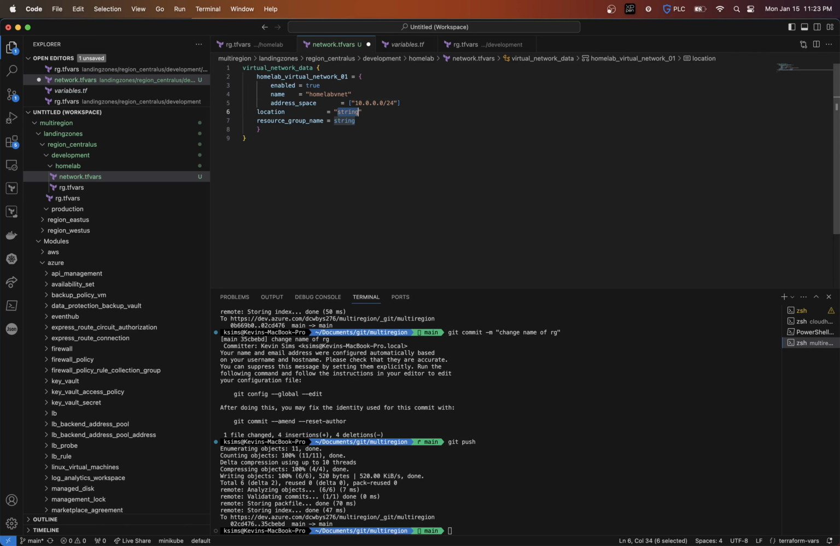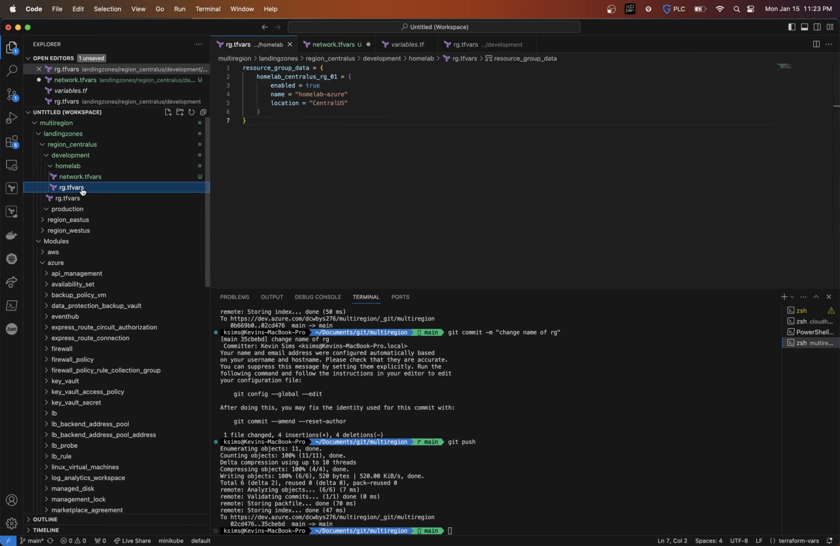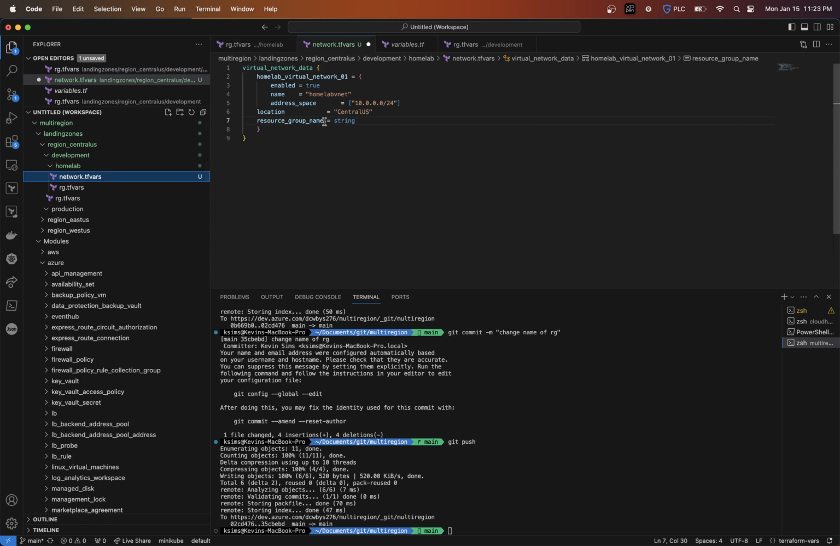Location is going to be Central US. And in the resource group name, this is what I want to show you. I'm actually going to use Home Lab Azure. The reason why this is going to work is because it actually knows the outputs that are created based off the state file that it's creating it in. And I'm hoping that works, because it should, based off of how my outputs are. So the output name is Home Lab Azure. So let's